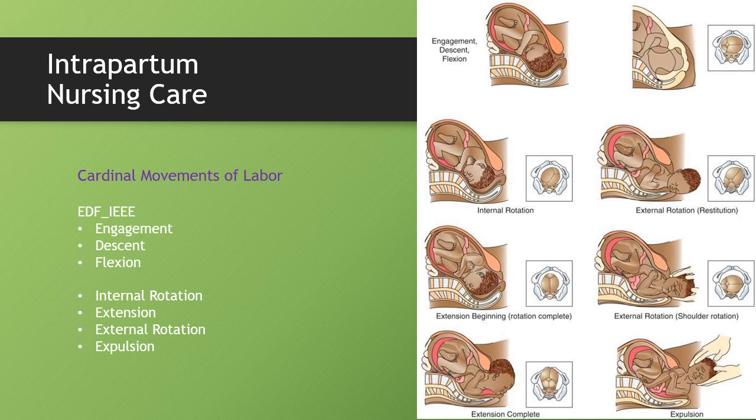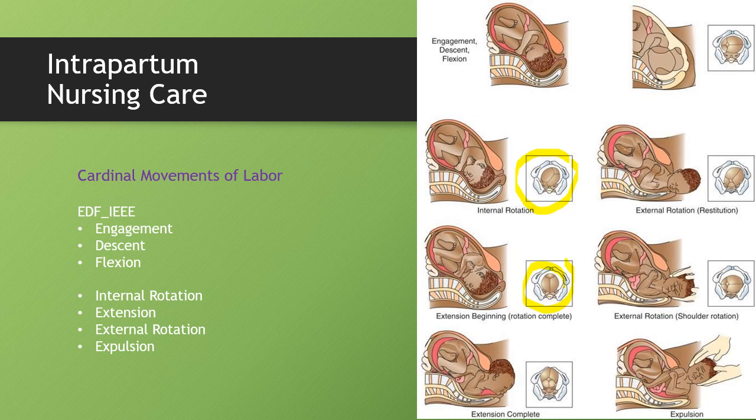And then to line up with the passage, or the pelvis, in order for the head to fit out of the pelvis, this internal rotation needs to occur, which you can see here on this drawing. You can see the head lining up, and then as the fetus continues to descend here, the head will begin to extend